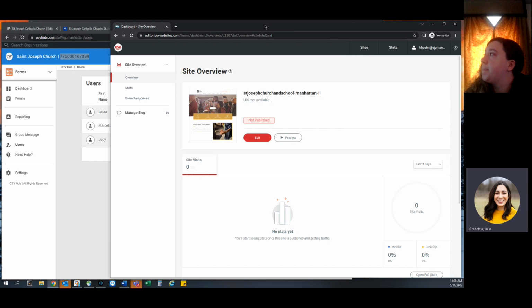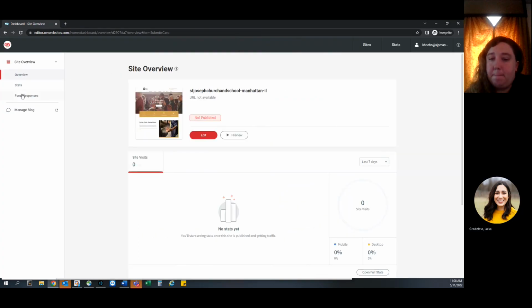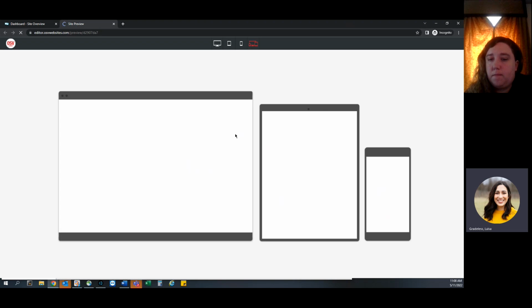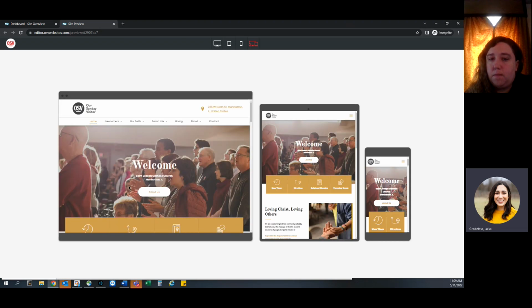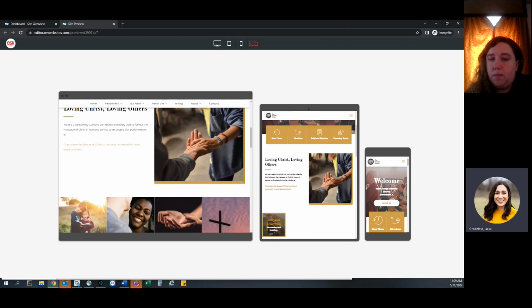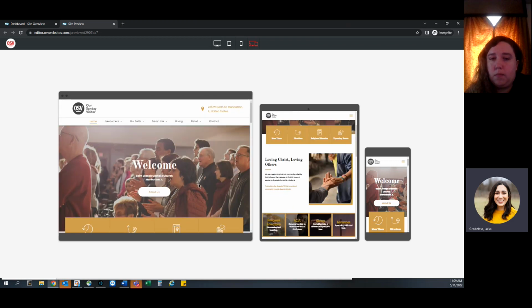So when you are on forms, next is the preview button. If you would like to preview the website, you can just click this preview button. You will be able to view now your website through desktop, tablet, and cell phone. This link is actually shareable, so you can just copy and paste into an email. For example, if the pastor needs to view the website or